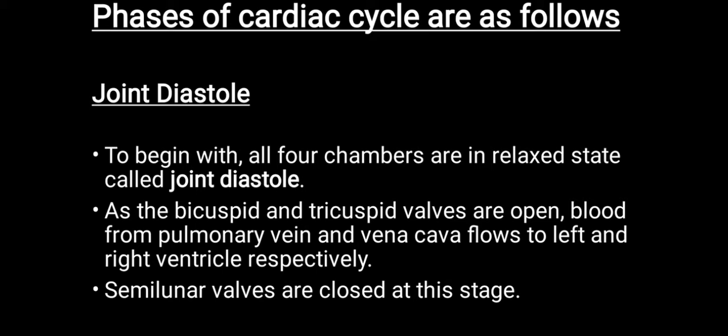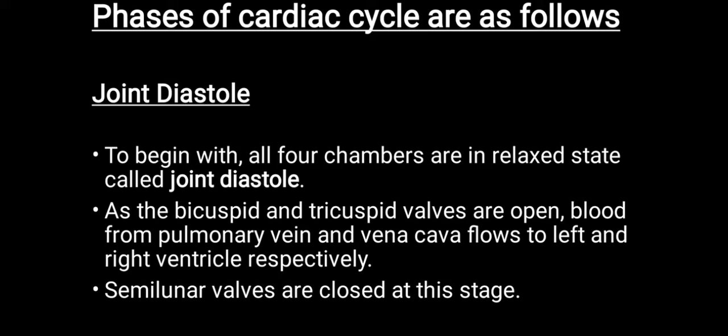During joint diastole, all the chambers, that is the two atria and two ventricles, are in the relaxed state, and this is called a joint diastole. As the bicuspid and the tricuspid valves are open, we know these are the valves at the atrioventricular septum, and these valves are open. The blood from the pulmonary vein and vena cavas